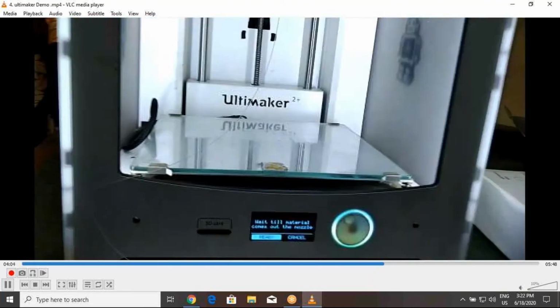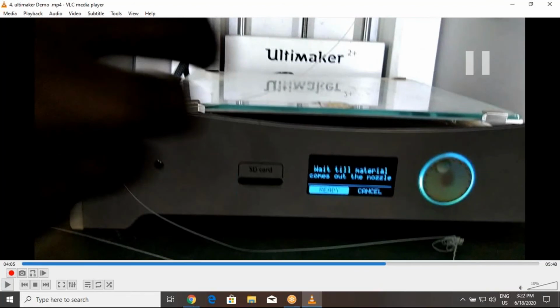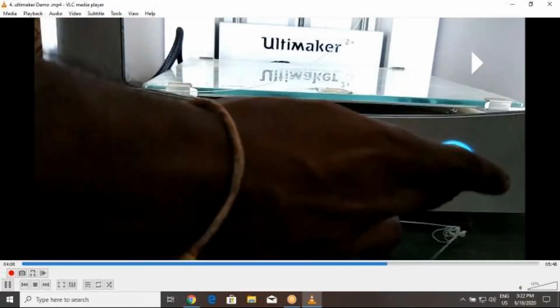Once it is ready, now our aim is, see, this is the SD card. Rakesh and Srikanth both explained how to make the CAD model, and from the CAD model the STL file was generated, and they explained how they generated the G codes. That G code file we can take directly, no need to use any separate computer for the altimeter machine, we can just use the SD card to make a print.